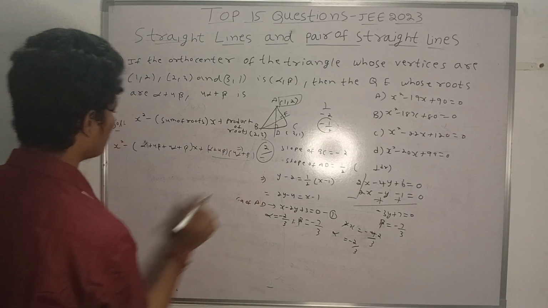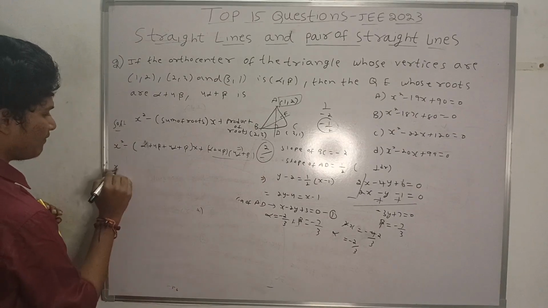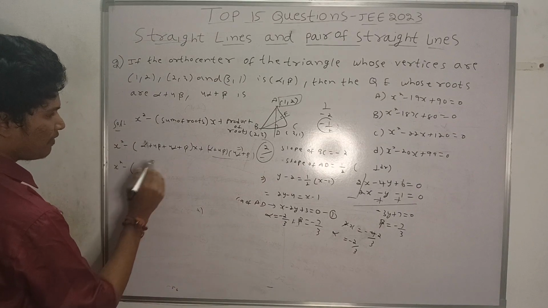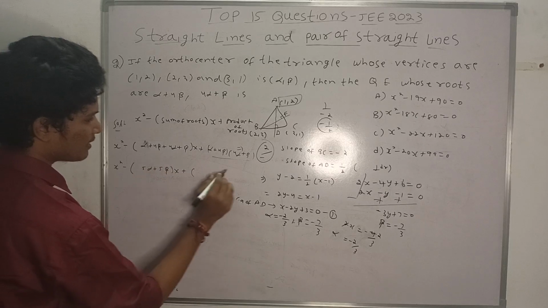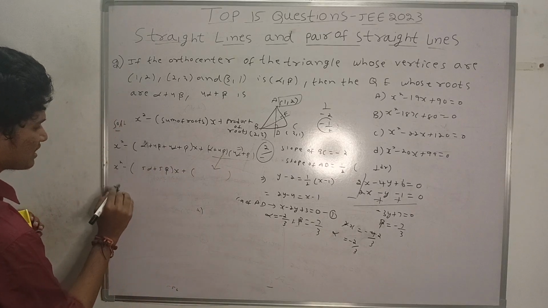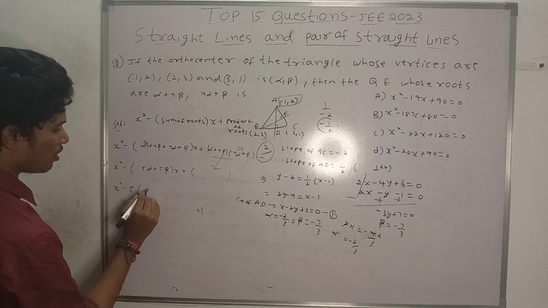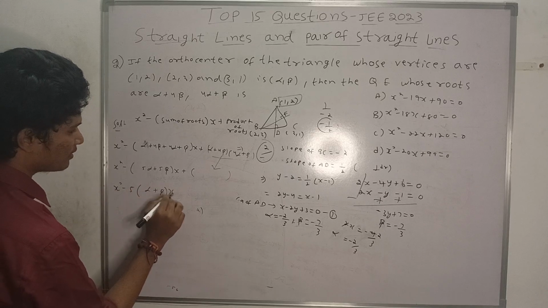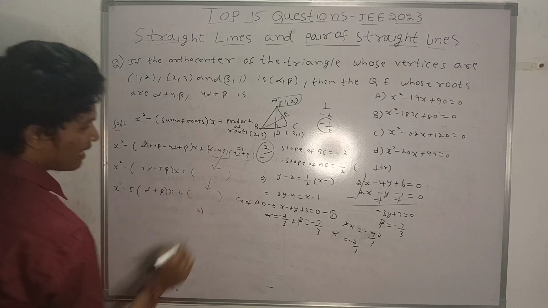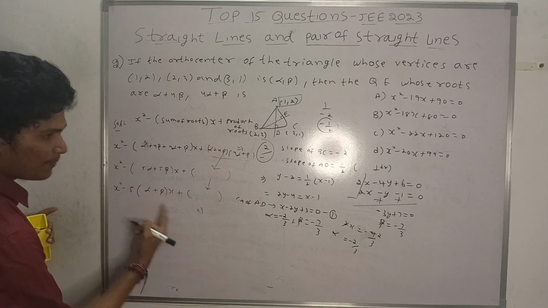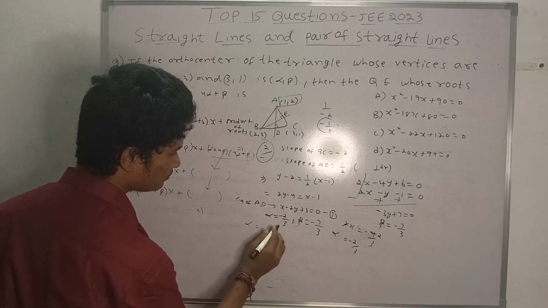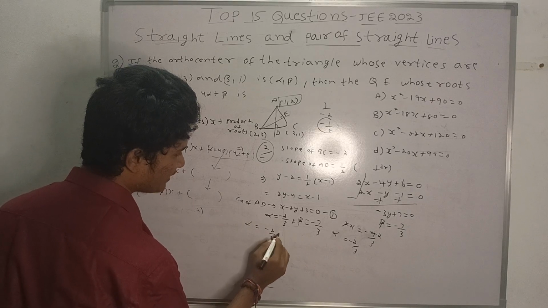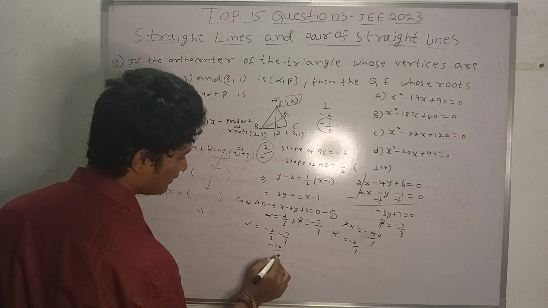So leave the product part. When you observe the sum, it will come 5 alpha plus 5 beta into x plus this thing, and x square minus, when I take 5 as common, that is alpha plus beta into x plus this thing. And when you observe alpha plus beta, now I am adding these things. That is alpha equal to minus 2 by 3 minus 7 by 3, that is minus 10 by 3.